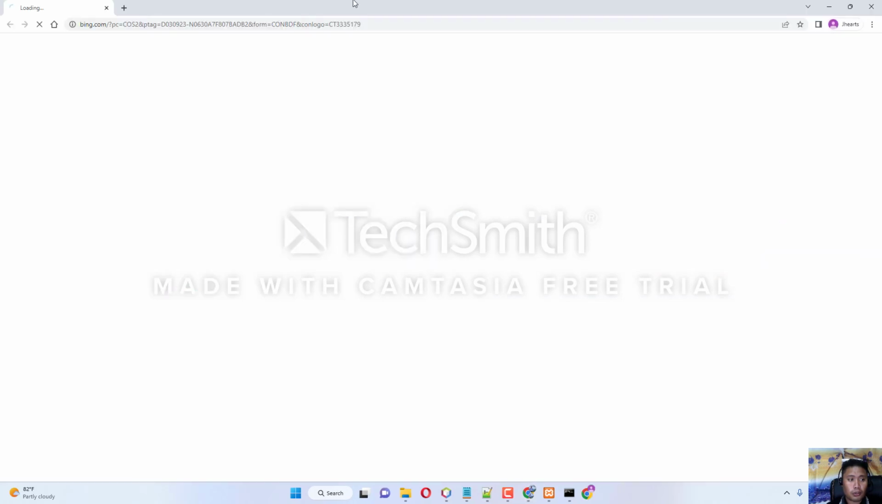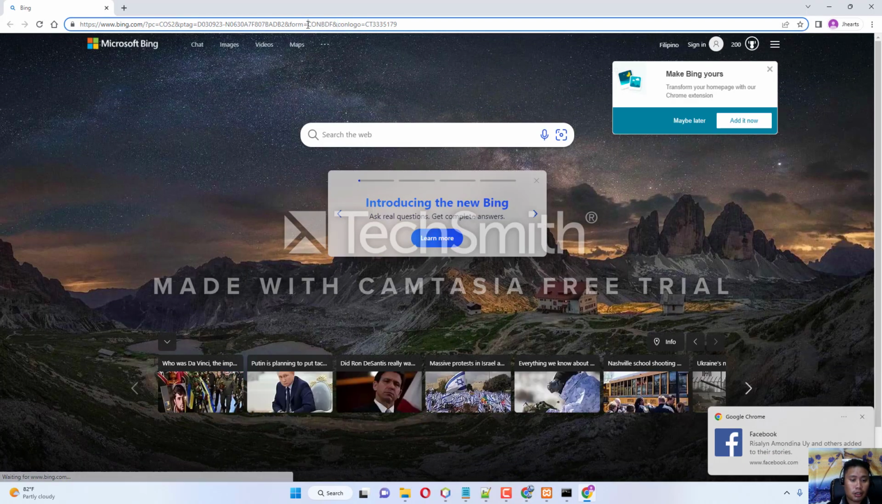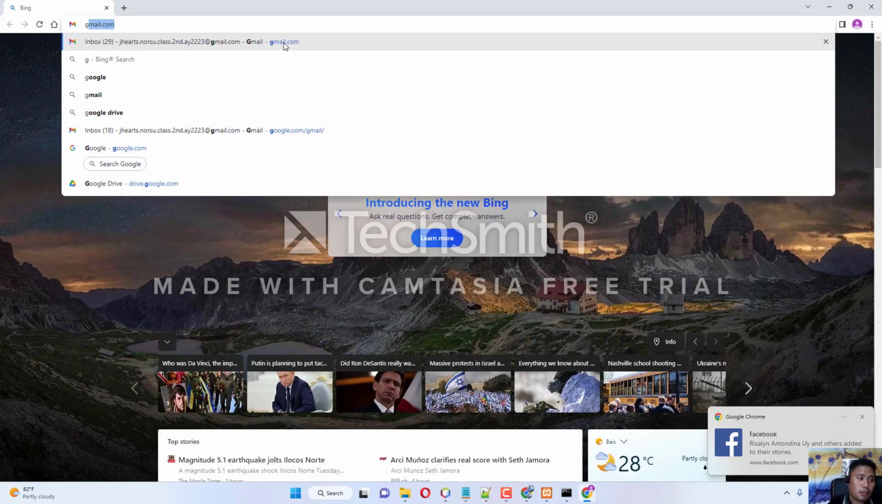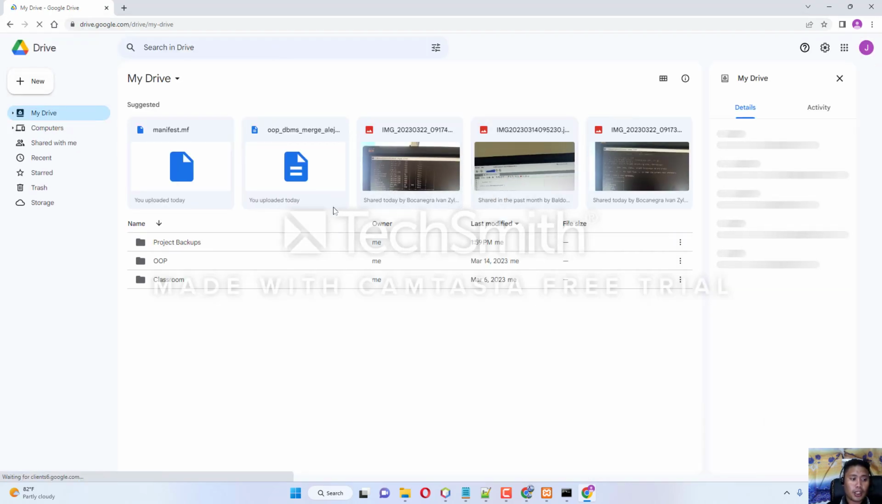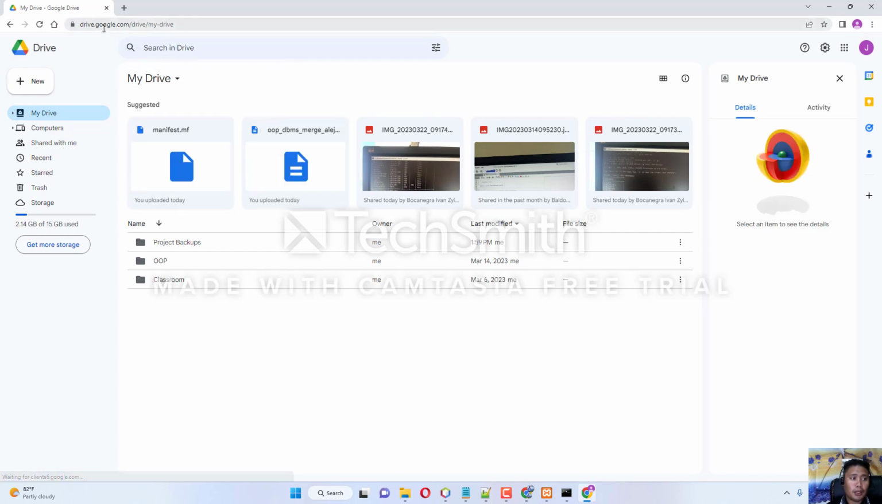Okay, go to your Gmail account and log in. And if you are already logged in, you can go to drive.google.com. That is your drive. So we can create a